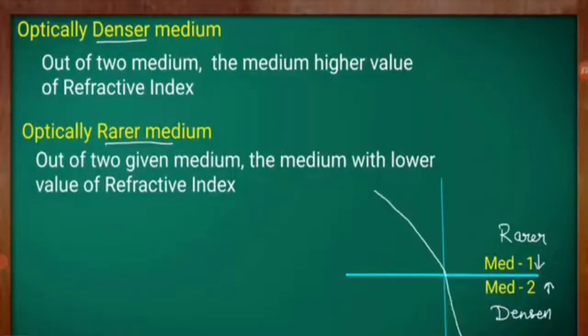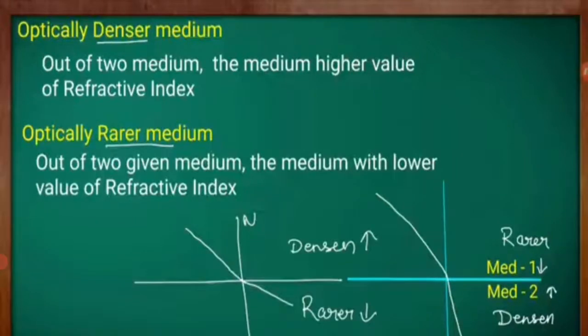And wherever the light ray is traveling from rarer medium to denser medium, just observe the light ray as it gets incident at the point of incidence, and then at the point where the normal meets the interface of the two mediums, it gets refracted. In this refraction you might have observed that after refraction the light ray is bent towards the normal, so wherever the light ray travels from rarer to denser medium, the refracted ray is bending towards the normal.